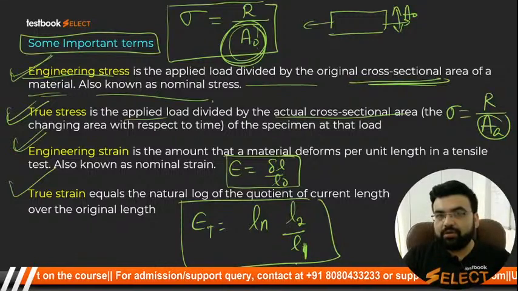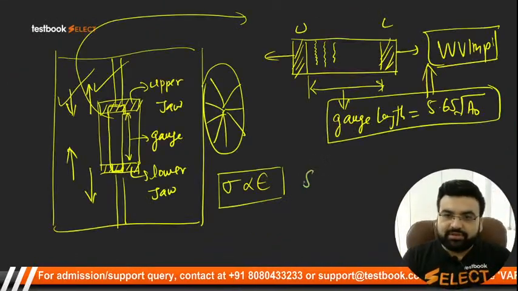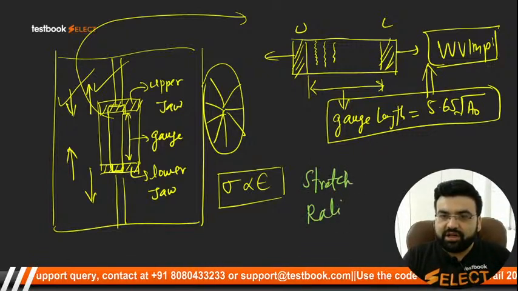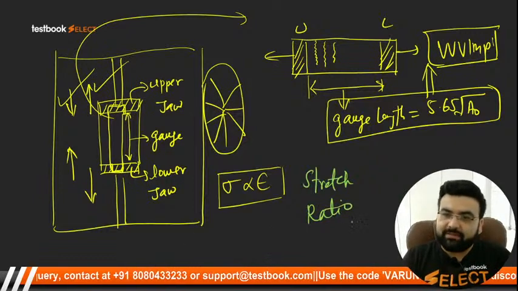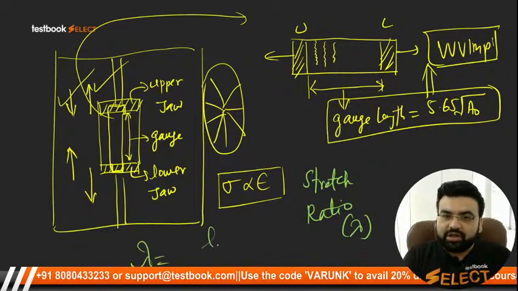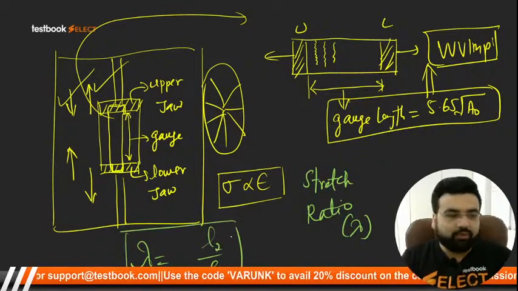Now we also know that stretch ratio. Now what is the stretch ratio? That is given by lambda. Stretch ratio lambda is nothing but the change in length upon the original length. That is what the lambda is, right? So students, what you can do is that